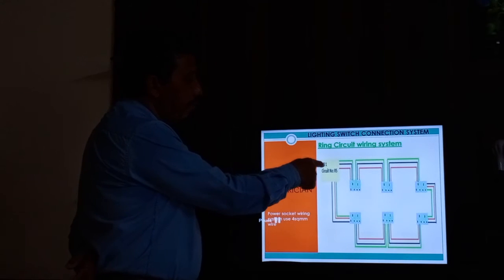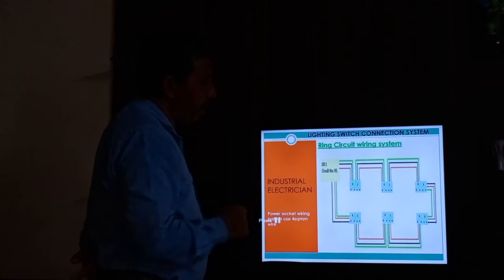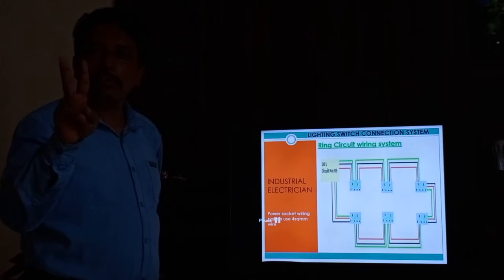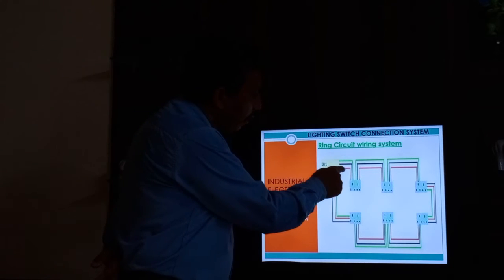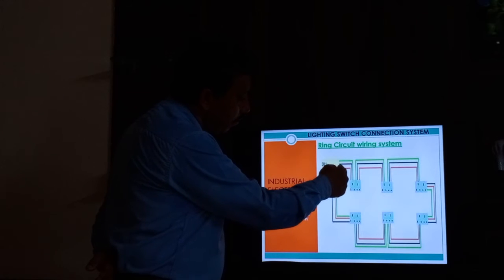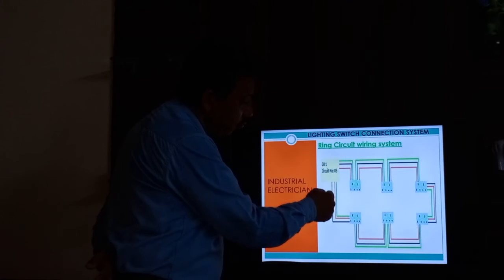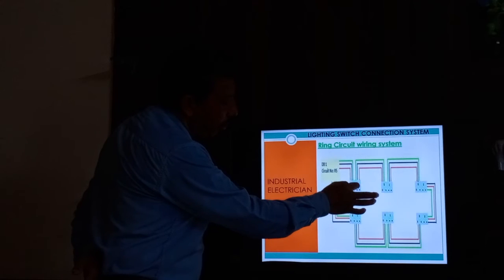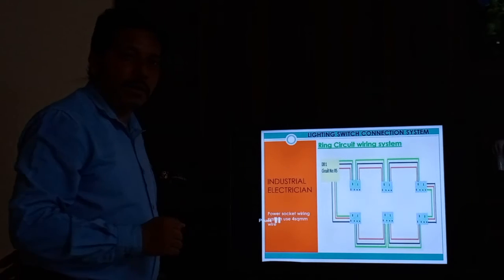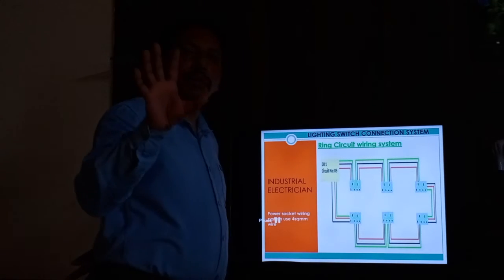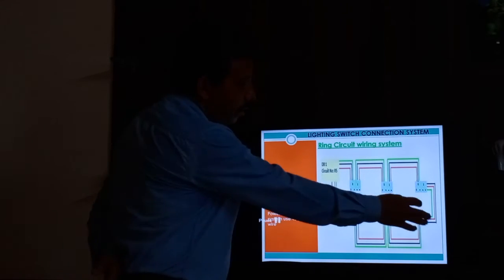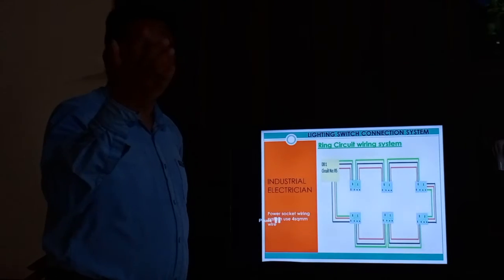This is DB1. DB1 means distribution board 1, and the circuit number is R5, red 5. So 2 phase, I said 2 phase, not 1 red, 1 yellow. You see there is 1 red and here is 1 red. Two wires are running. This is your first point. 1, 2, 3, 4, 5, 6 points are there. So maximum we can use 6; more is not allowed in a power circuit. Maximum 3 also, 4 also, as per requirement.